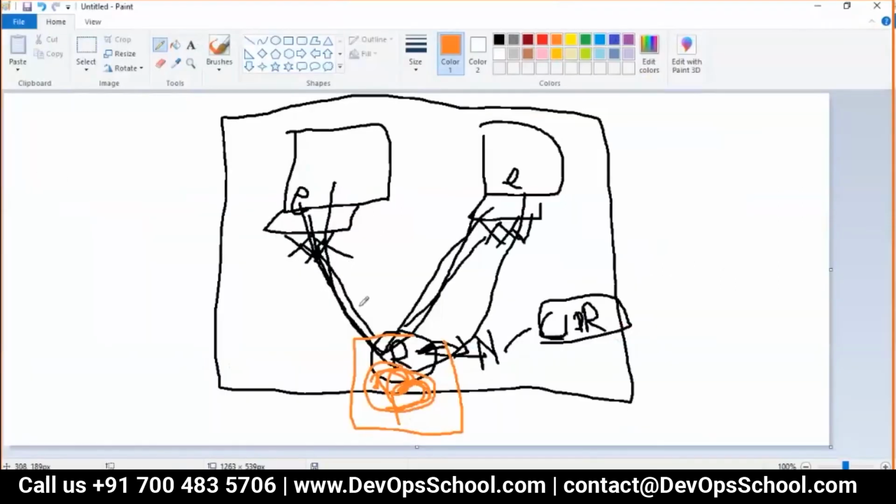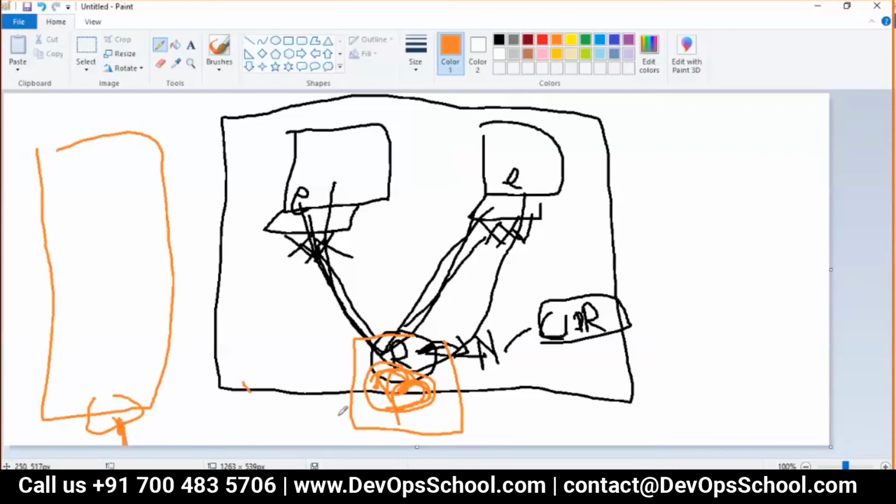See, this is my home and this is your home. You have the same thing. So this network is a different network, and this network is a different network. If you want to connect to this, there is a bridge connection. The bridge will connect between this network and this network. So if I want to connect from my home to your home, this bridge will help me. Don't you think so?